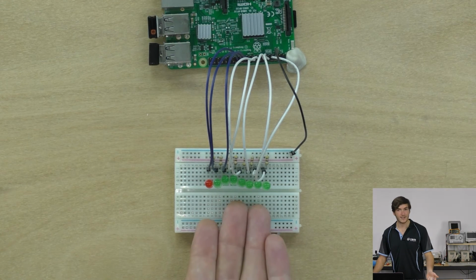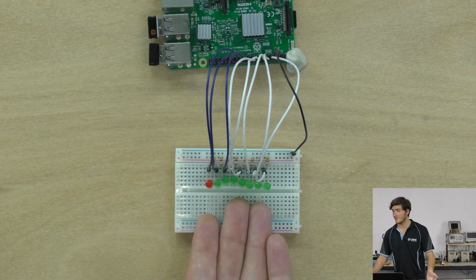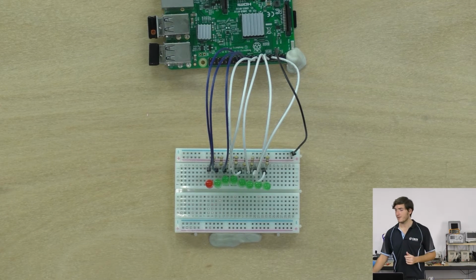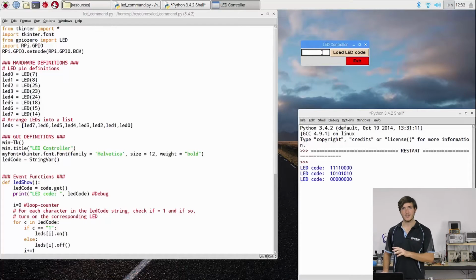Time for some more fun with LEDs. I'm going to call this GUI the LED Command Center because on the breadboard I have 8 LEDs wired up to the Raspberry Pi, and I can control whether each of those LEDs is on or off by entering a string into this text box of ones and zeros. For instance, everywhere there is a 1, that LED will be on,